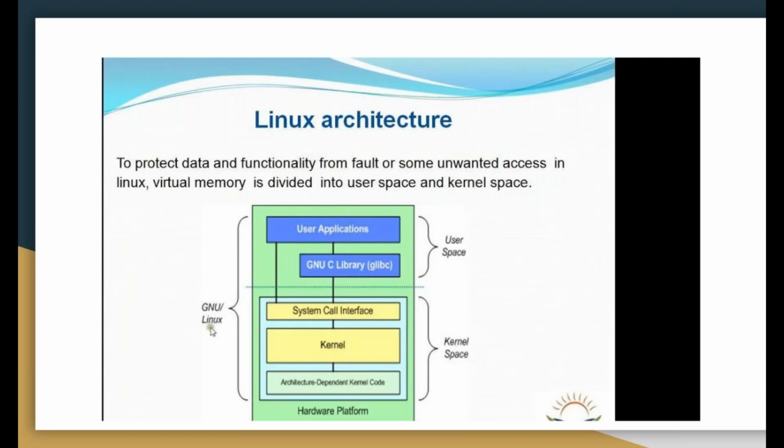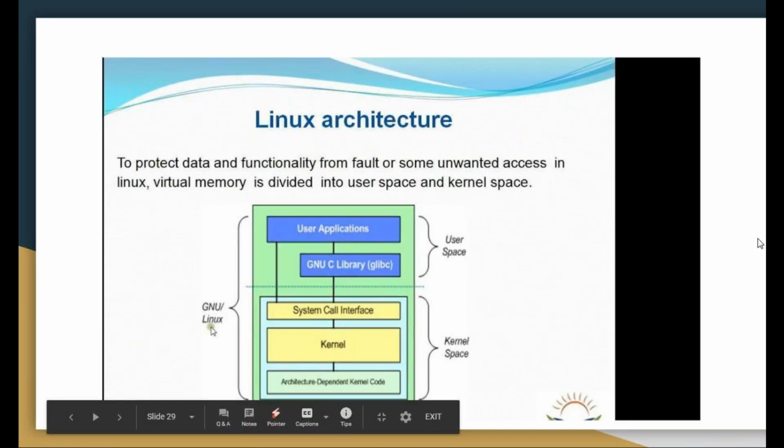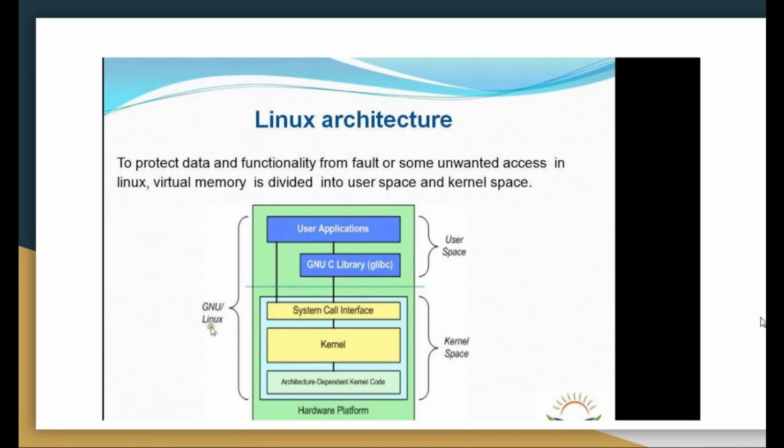Then this is the Linux architecture. You can make this out in this case.